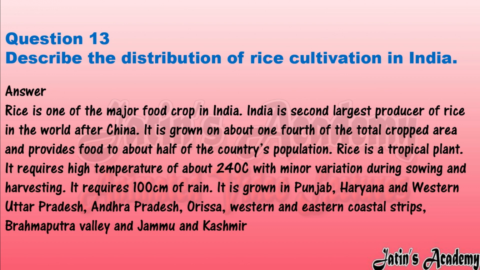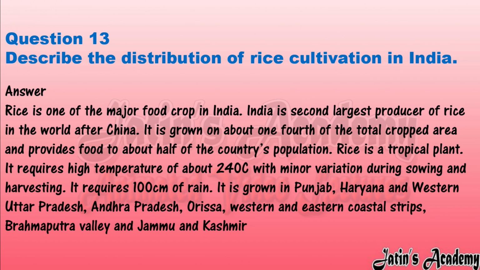It is grown on about 1/4 of the total cropped area and provides food to about half of the country's population. Rice is a tropical plant. It requires a high temperature of about 40°C with minor variation during sowing and harvesting. It requires 100 centimeters of rain. It is grown in Punjab, Haryana and western Uttar Pradesh, Andhra Pradesh, Orissa, western and eastern coastal strips, Brahmaputra Valley